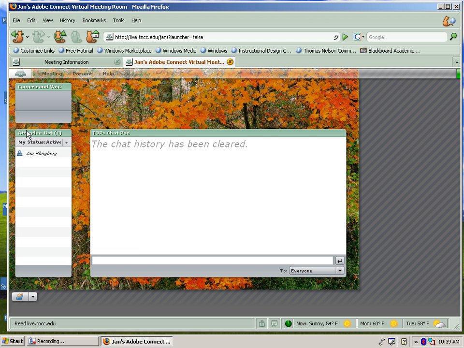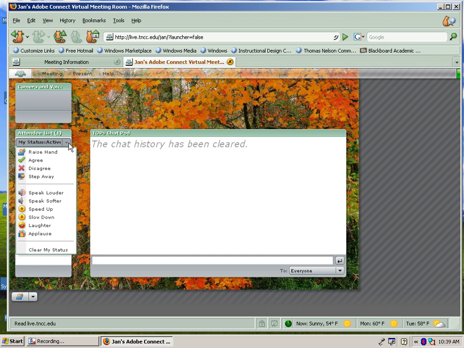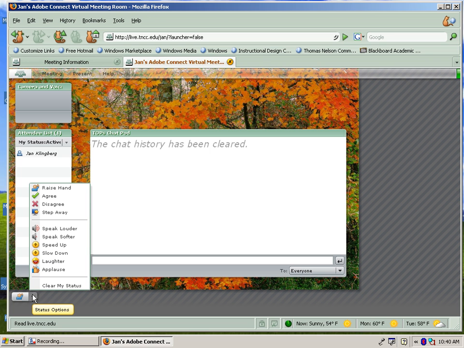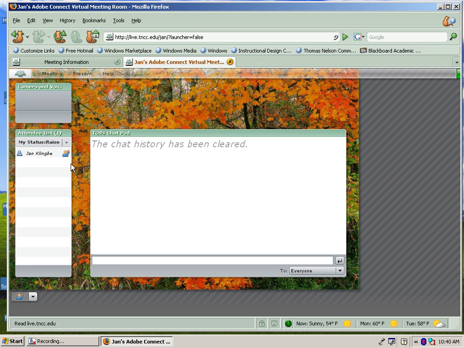you'll be presented with an attendance pod like you see here, and in the drop down next to where it says My Status, there are a number of ways to communicate with your instructor using icons. The same types of icons are also located at the very bottom of the screen in this menu here. So you have two different ways to access a variety of icons to either ask a question, which raises your